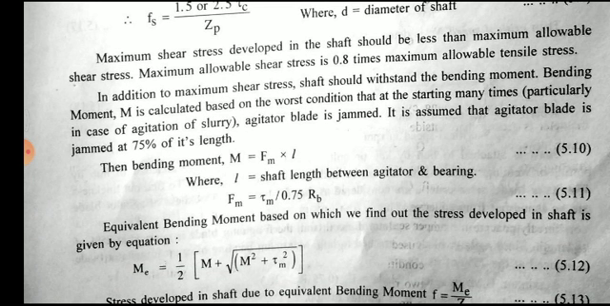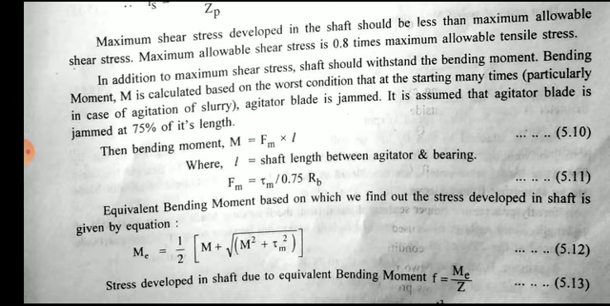So bending moment M can be calculated based upon the worst condition, that at the starting many times, particularly agitator blade is jammed. It is assumed that agitator blade is jammed at